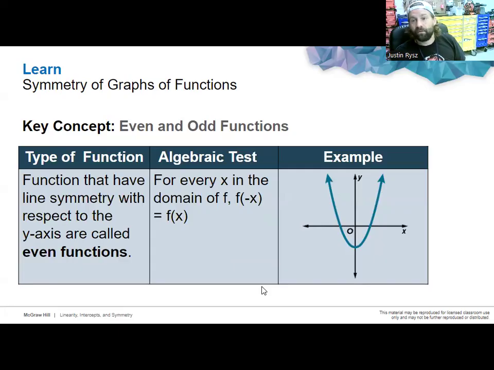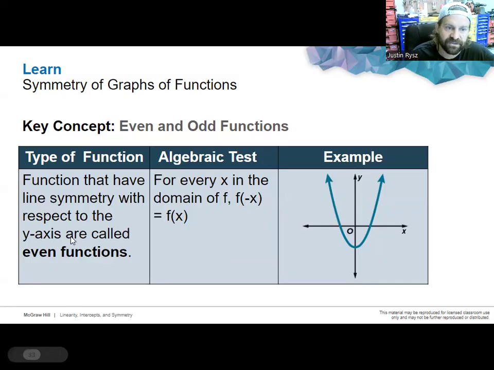Okay. Now, what helps us with symmetry is knowing whether a function is even or odd. A function that has line symmetry with respect to the y-axis is called an even function. So if we have a y-axis that splits the function right in the middle, this is called an even function. Mathematically, we can test this without looking at a graph: if we do f of negative x, meaning we replace all of our x's with a negative x in parentheses,